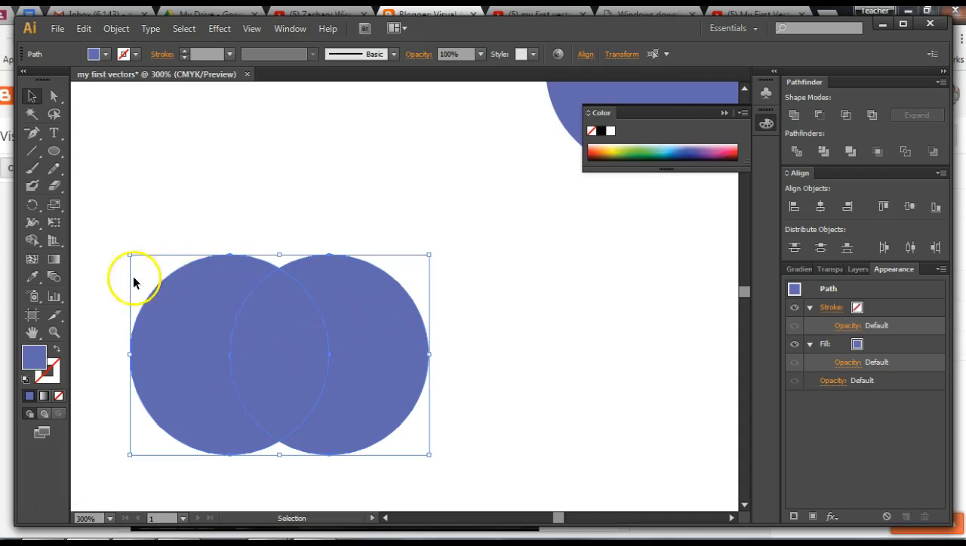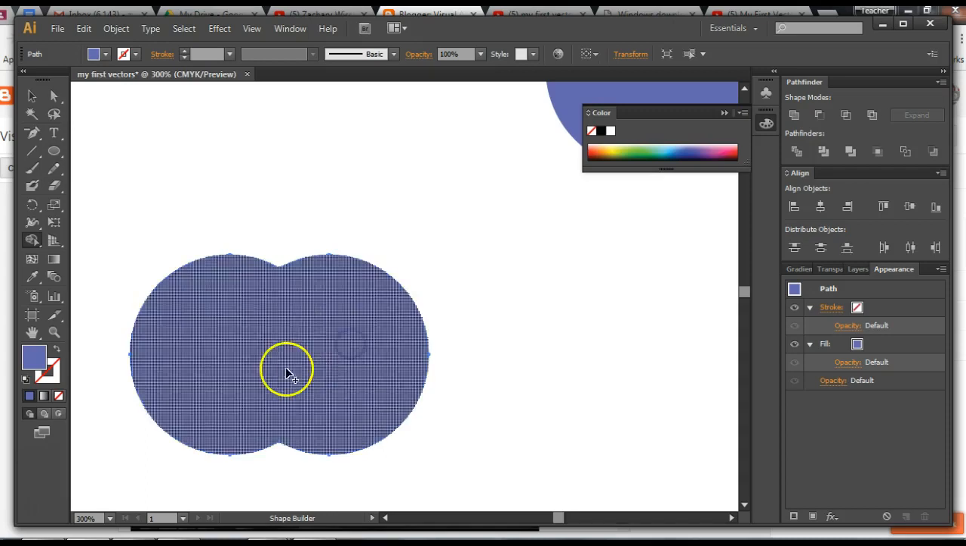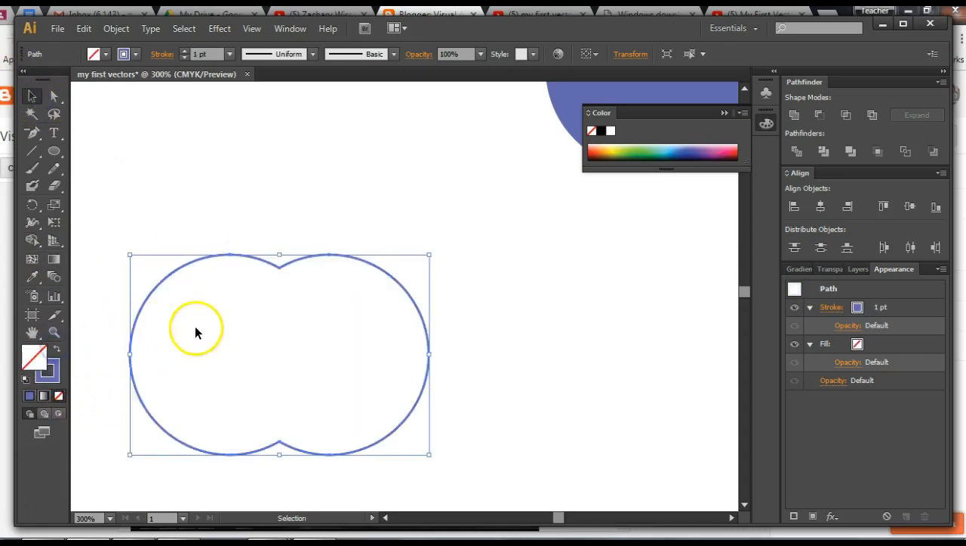Once you have both items selected, we're going to use the Shape Builder tool located in the toolbar about halfway down. You can click and drag this tool across the borders to melt them together. So when I do that, I end up with two circles melted together like this. Okay? If I undo that,